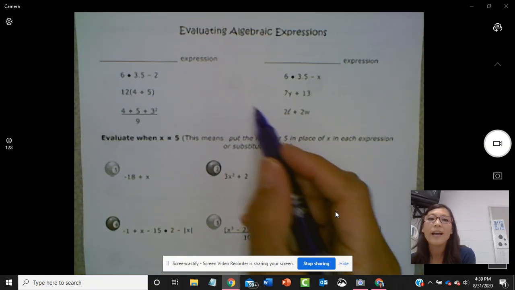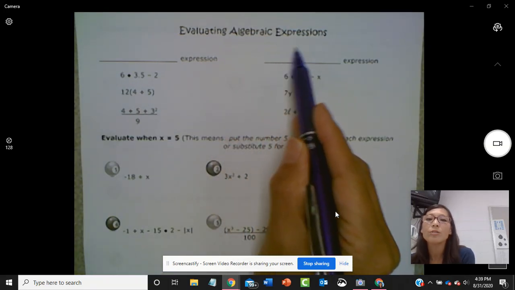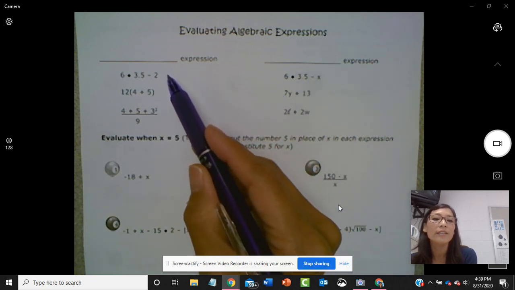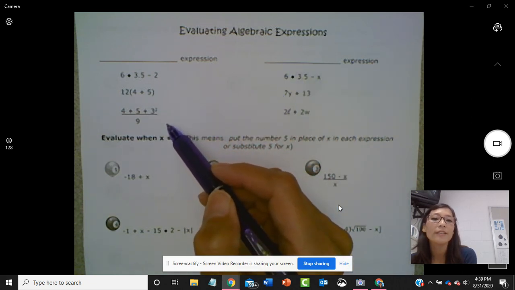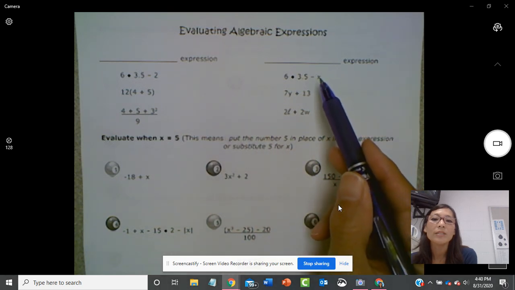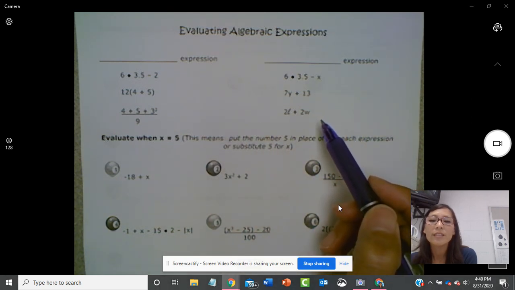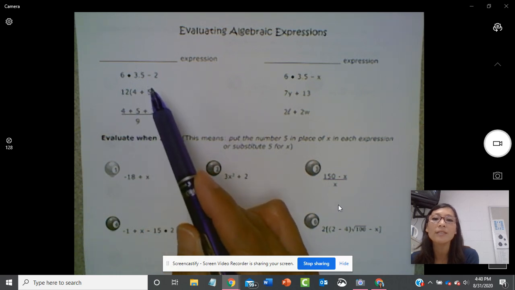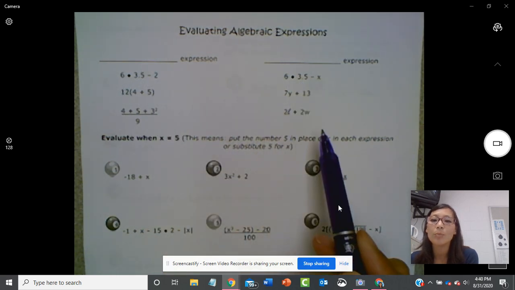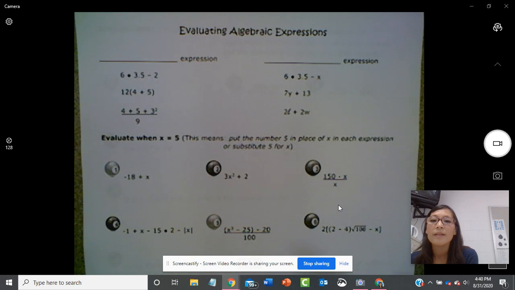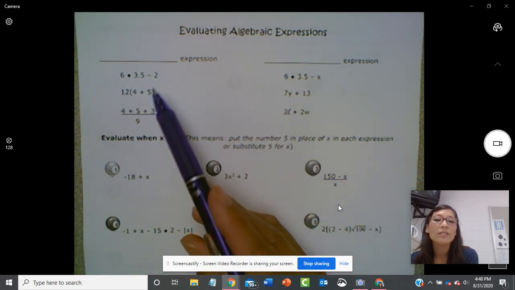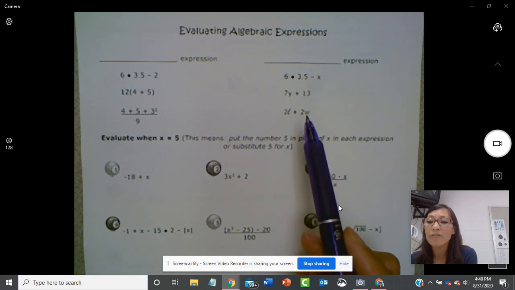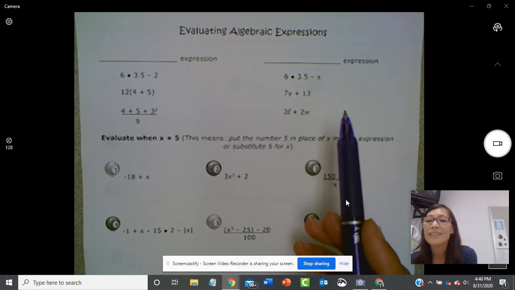We're going to learn how to evaluate algebraic expressions. First, what I would like you to do is look at the expressions listed here and the expressions listed here and see if you notice any differences between these expressions and these expressions. If you said that these only have numbers in them, whereas these have numbers and variables, then that was the